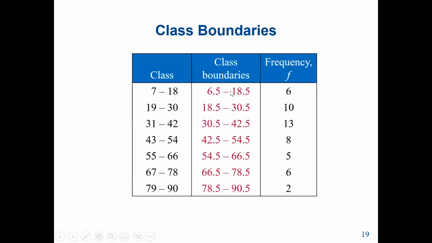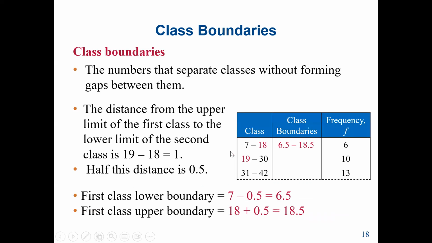So that will be our final class boundaries. So we can see, first of all, we have 0.5. How do we get the 0.5? It is because we can see that the